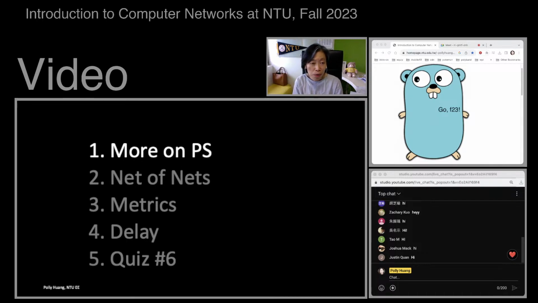Now, there's a little bit more I want to talk about packet switching. In that principle, there's a key phrase we heard: store and forward. What that meant is that we have to store the entire packet and look at the content in the packet before a router can decide where to send the packet next. But why do we need to store the data entirely? This is what this video is about: store and forward.